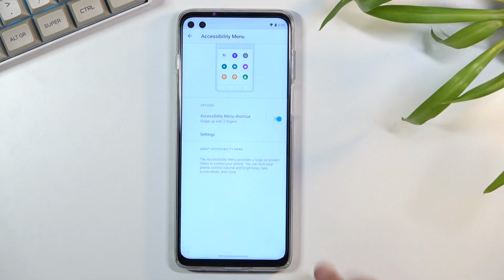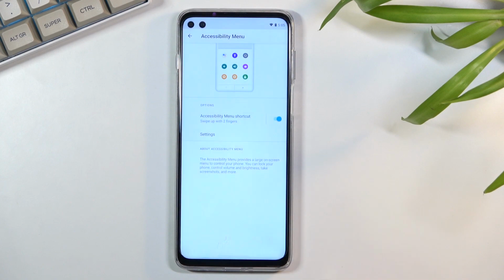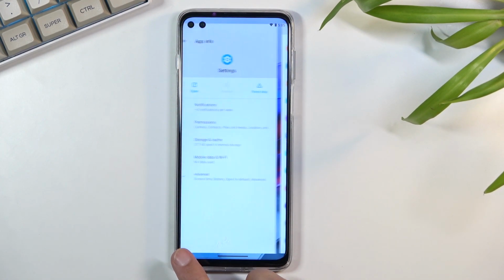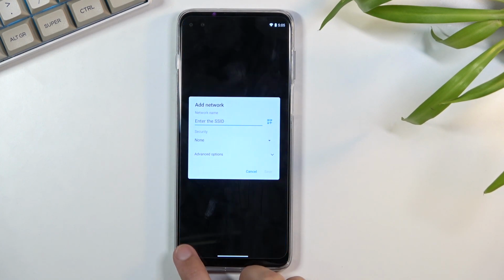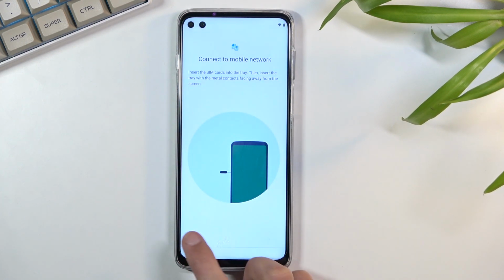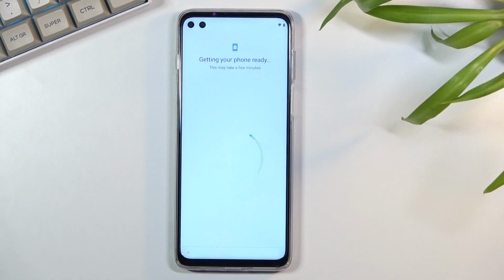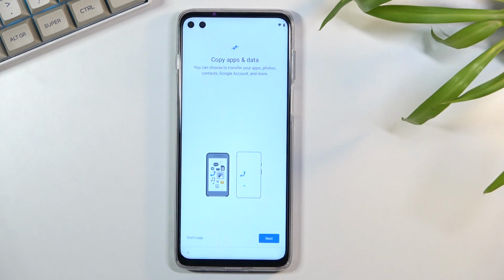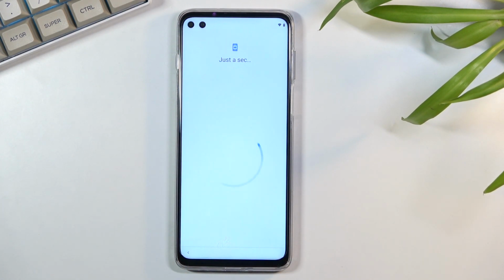Got it. It gives us a pop-up that you gain the accessibility menu by scrolling up with two fingers from the bottom. So once you have enabled this, we can now go back to the setup. There we go. So we're now back in the setup, as you can see. You can select skip, and this will start looking. Okay, there we go. Now once we click on don't copy, it will start looking for